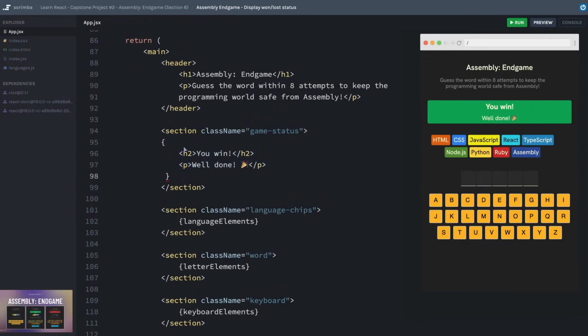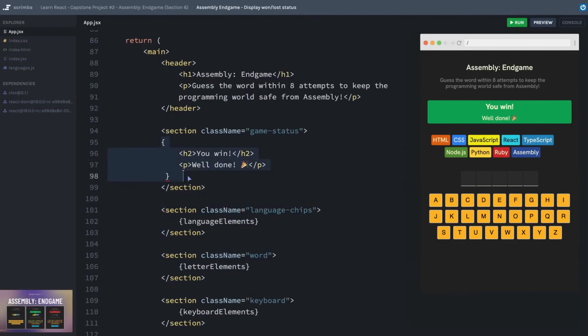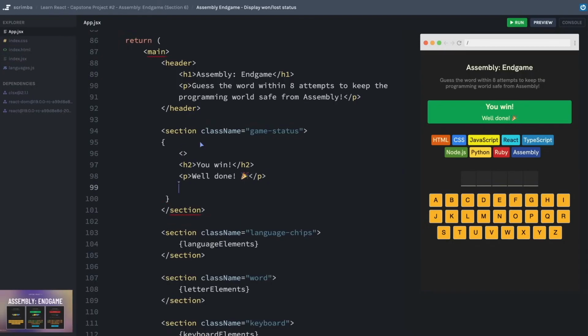Just like how components need to return a single parent element, if we're going to be evaluating an expression that has some JSX inside, it needs to be surrounded with a single parent element. We could use something like a div, or because we don't necessarily want to add any additional elements to the page, we can just put in a fragment, just like this. Now, there's a lot of different ways that we could handle the conditional rendering here. And there's certainly not one correct way, just like in most of the stuff that we do when we're building these apps. So the different approaches that I'll show you now are just different options that you might choose.